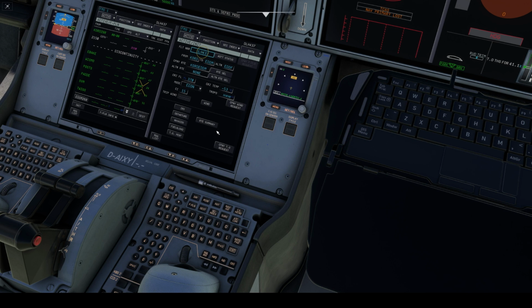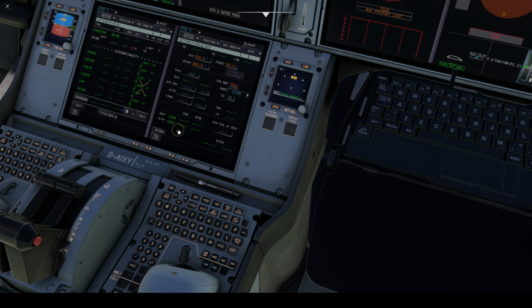And with that completed and out of the way, we continue with the fuel load. And here we insert the expected zero fuel weight if it's not available, of course, with the load sheet. So it's still not available for us today. We go with the expected one, which is